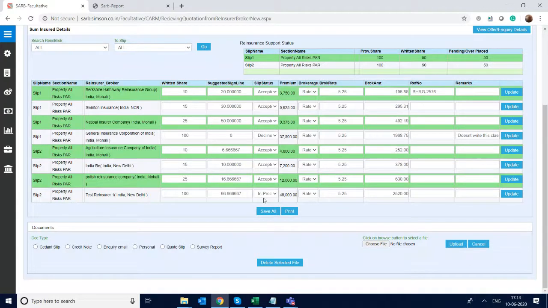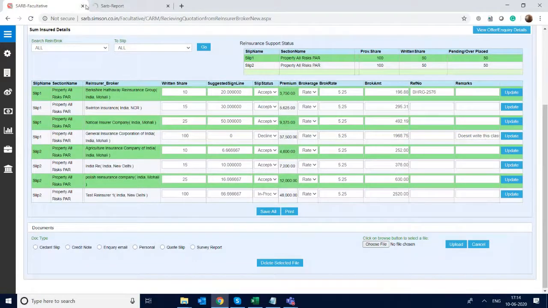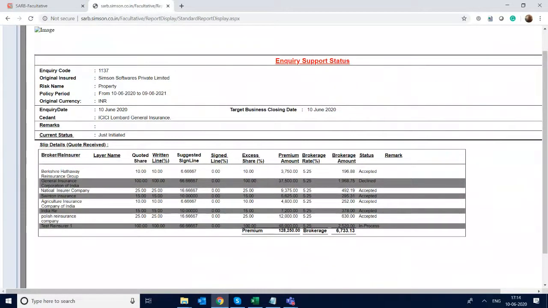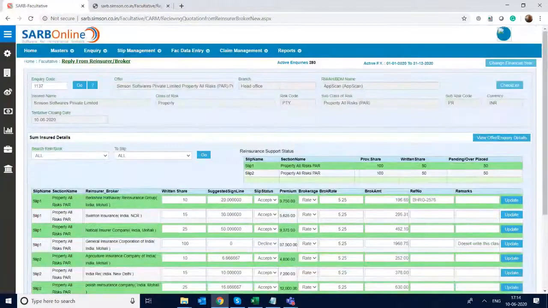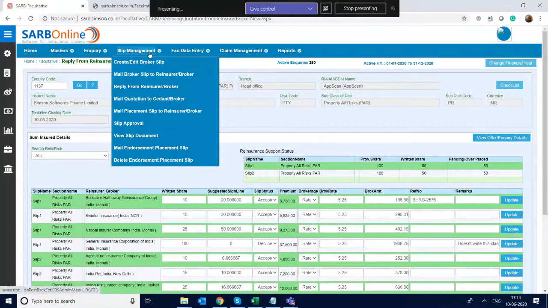And another also you can keep it. Once this is ready, anytime we can print it out and see the support, how we are getting. These are the accepted list. Okay, so I will proceed to receive the reply.